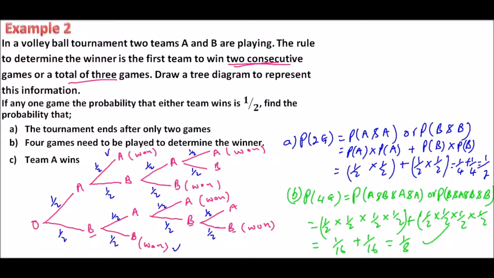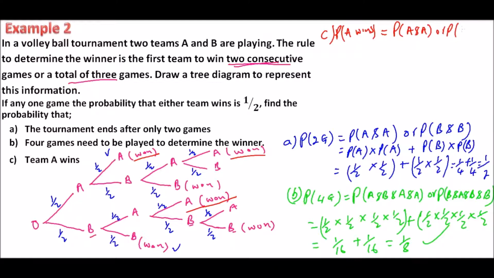So finally, team A wins. So let's use this space here. See, team A can win 3 times. If it wins 2 consecutive games, that is okay. It can win 3 games out of 4, that's another win, and it can win 2 consecutive games after B wins the first one. So these are the probabilities where A can win. So we can say probability A wins is equal to probability of A and A winning, that's the first option, or